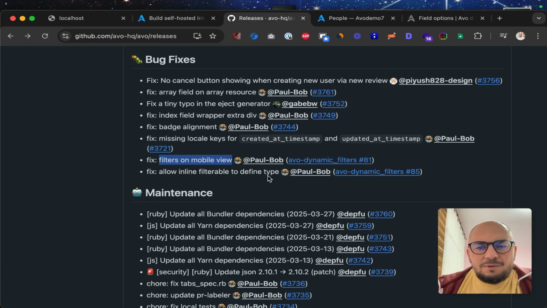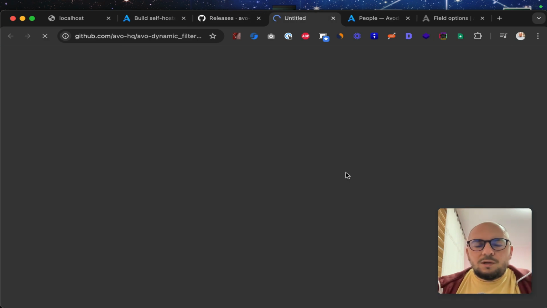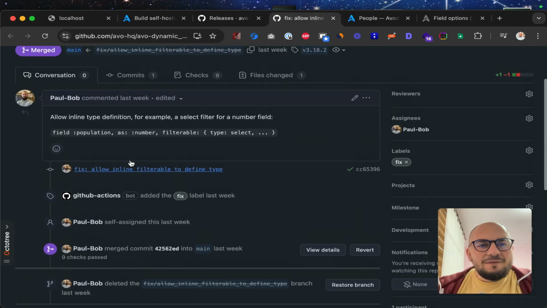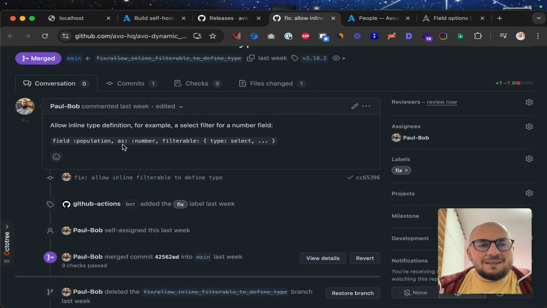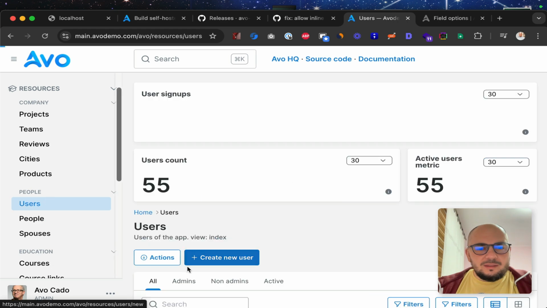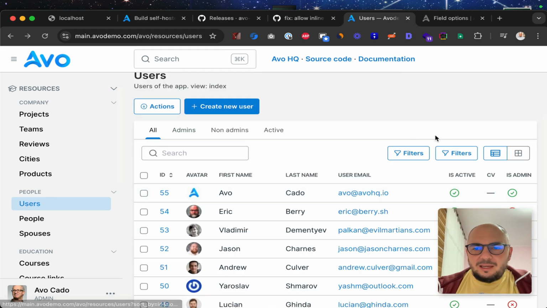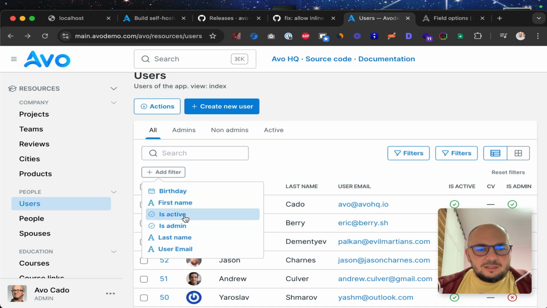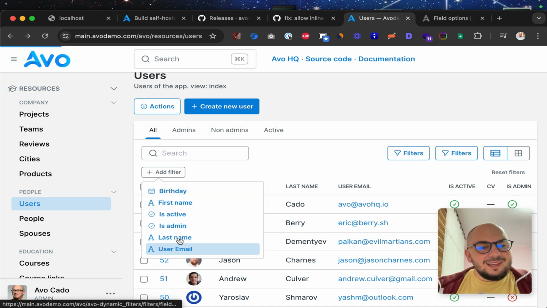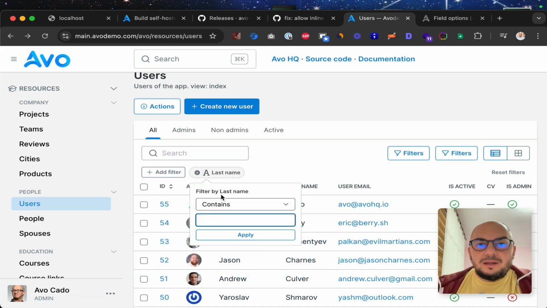Allow inline filterable to define type. This is another cool one. So you may have a filter that is applied on a number field, and you maybe just want the dropdown. Let me actually show you how that should look. So let me get back. Filters, and I'll choose this text one. So the text field by default comes with a dropdown with conditions and a field to pass in the value. But maybe you want just